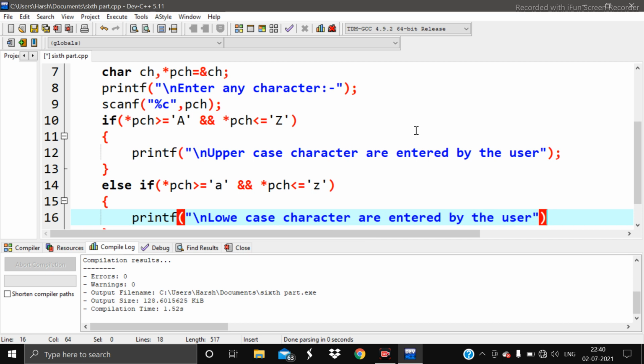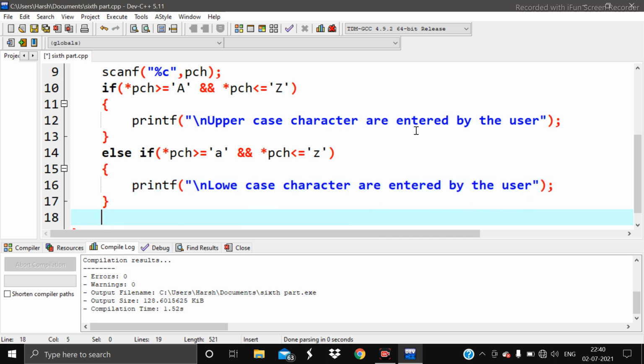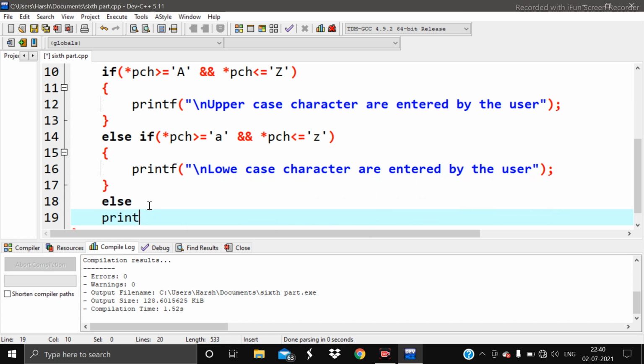Okay, and at last, in the else condition, if both the conditions of if and else if are not true, then there is only one way, that it is a number. So either we can use else and directly write printf, the number is, sorry, the character is a number, or we can directly write here: the number is entered by the user.